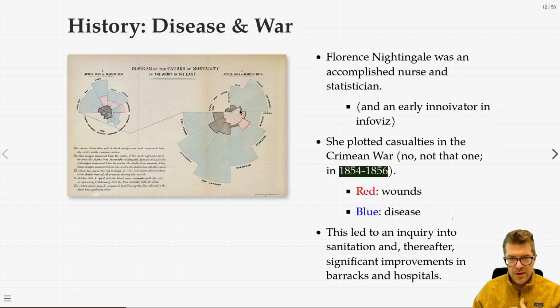So you have July, August, September being different wedges of this graph. And what she did was she just colored this graph by the nominal nature of the casualty. So black is death, red is wounds, so people were still bedridden, and then blue is disease, right? And if all you had was overall casualty counts, you would have no real indication of what is the source of the casualty. But right here, you can see very clearly that the overwhelming amount of casualty is caused